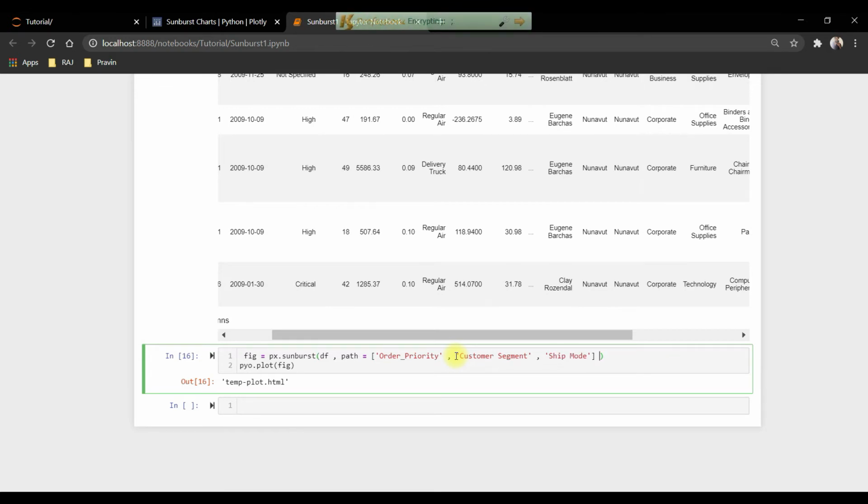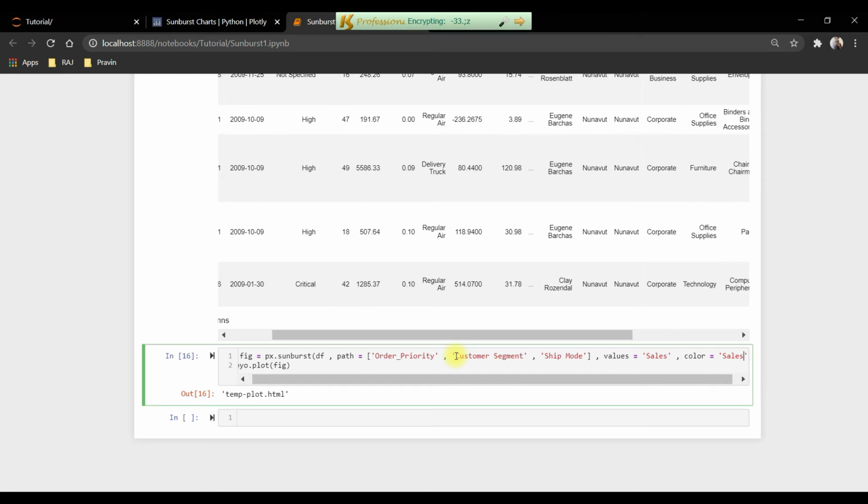Then we will describe the values. It should show values which will be equal to sales. And for the color, it should depend on the sales figure. And we will plot the graph with pyo.plot.